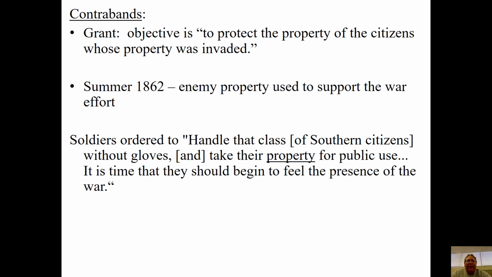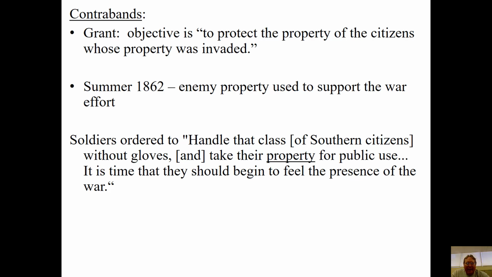And some soldiers started getting the sense that, hey, we need to deal with this, right? Some soldiers are being ordered by their commanders, even people like Grant by the next year or so. Grant's idea was to stay hands off on the issue of slavery in the first year. But by the second year, he's telling his soldiers, go into these southern plantations and don't worry about it. Take all their property, right? Take their land, take their house, take their silverware and plates, take everything, including their slaves, and we'll use it for us against them, right?